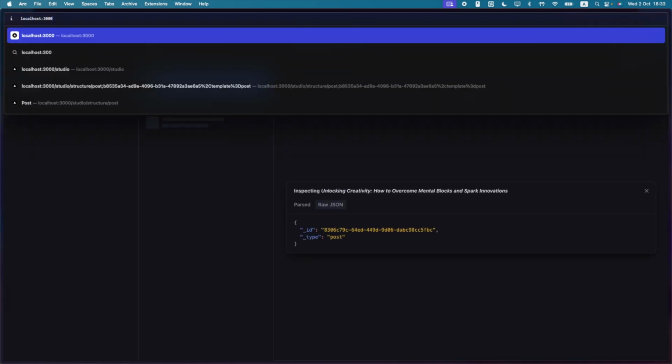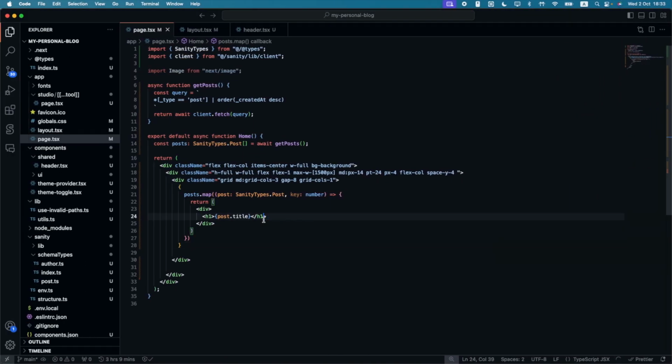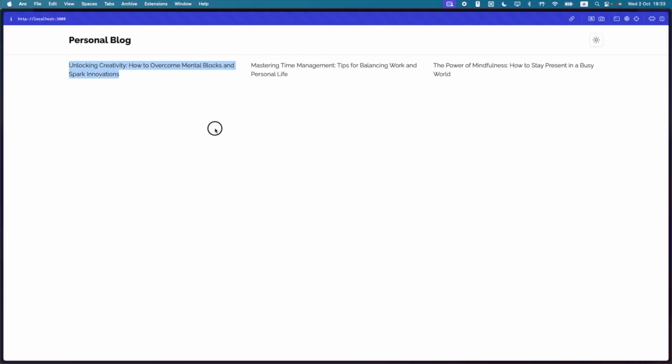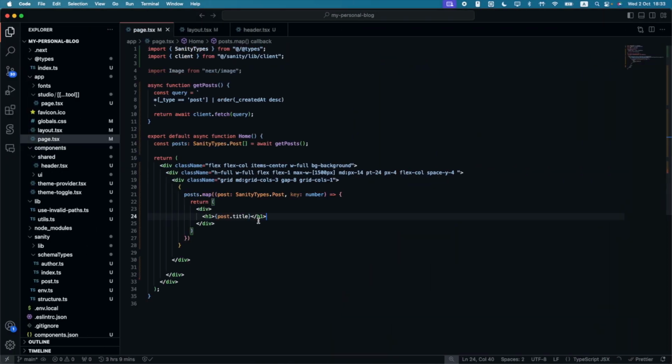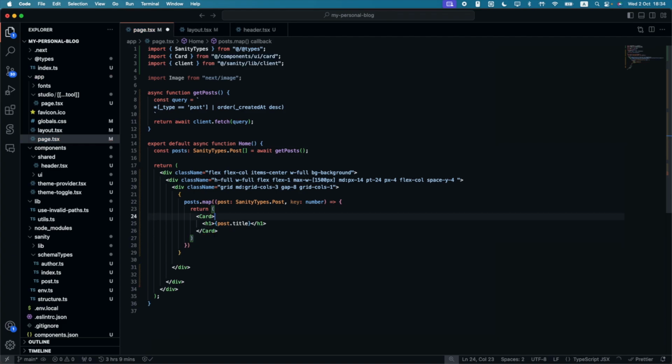So now if we head over to our index file, our home page, we can see the titles here. Now let's style this up and make it into a card with the image and date. So here we're going to use the card component, and let's add some styling to it. So flex column, justify between, height of full,